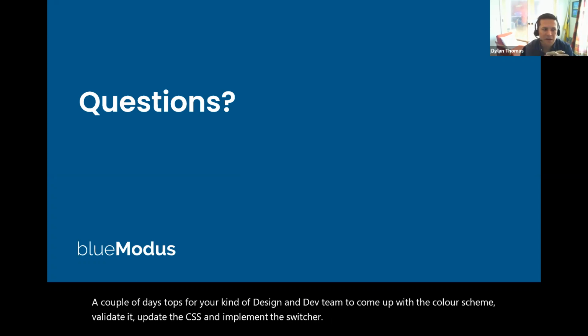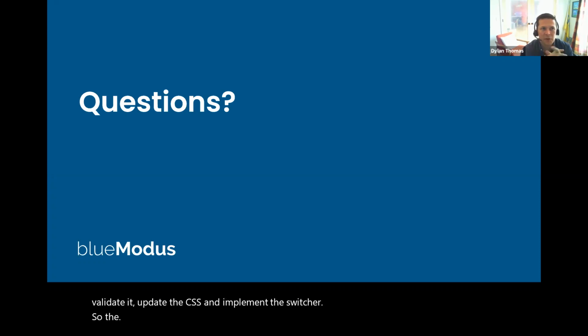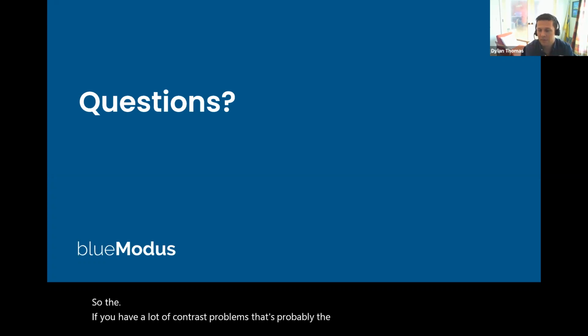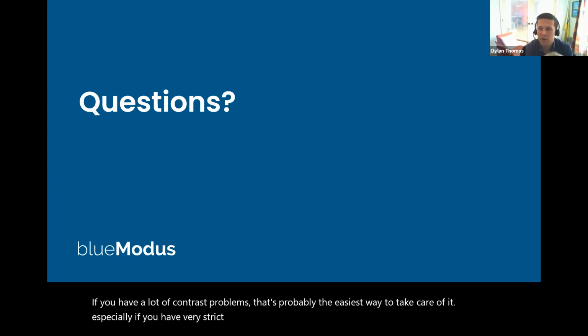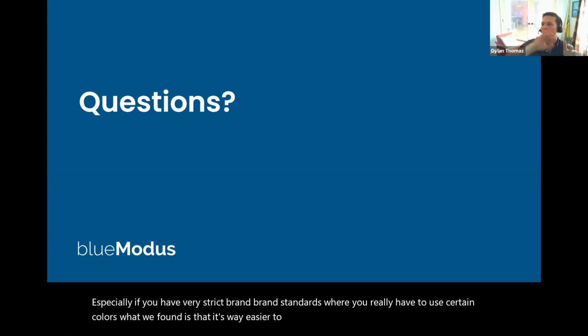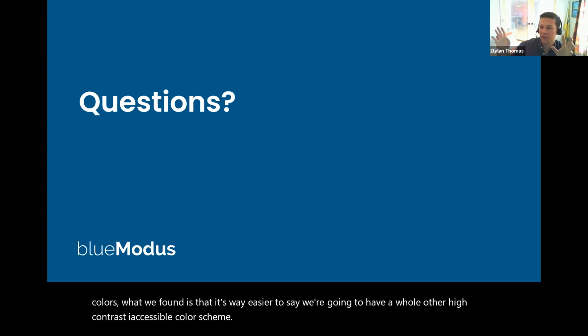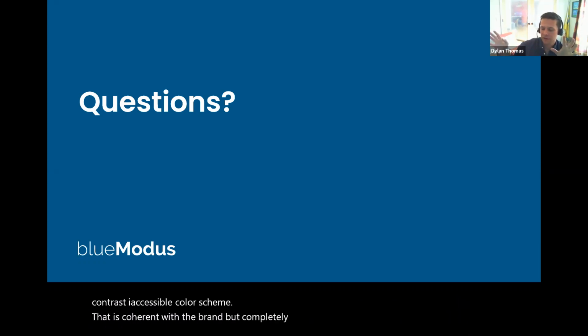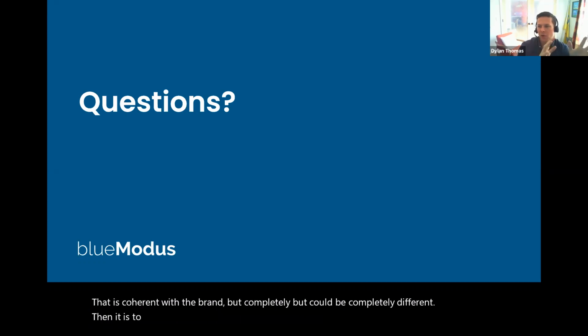So if you have a lot of contrast problems, that's probably the easiest way to take care of it. Especially if you have very strict brand standards where you really have to use certain colors. What we found is that it's way easier to say, we're going to have a whole other high contrast accessible color scheme, that is coherent with the brand, but could be completely different, than it is to say, we're going